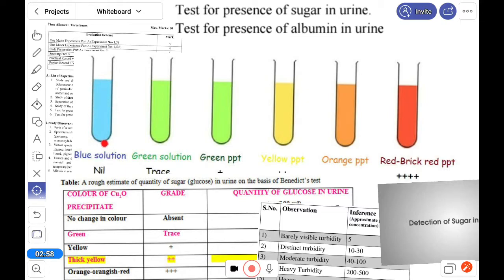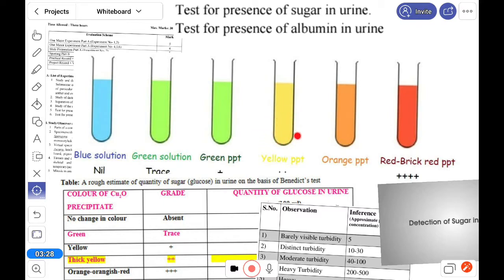After that, if we give heat, then in a few minutes it turns green in color. If it is green, it indicates that sugar is there, but the quantity is less. Then this green gradually gets a little darker and turns yellowish.